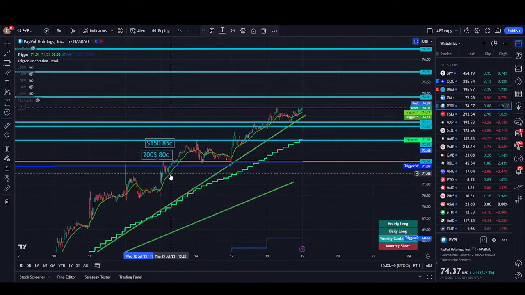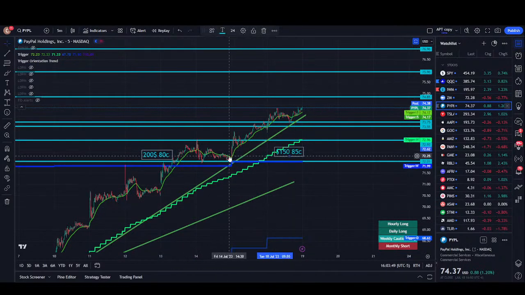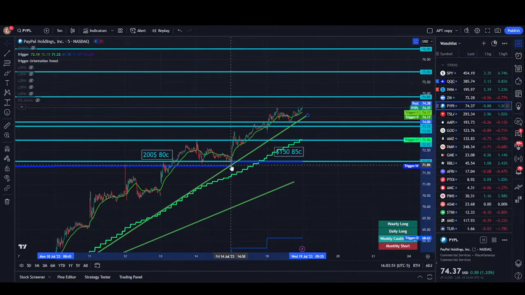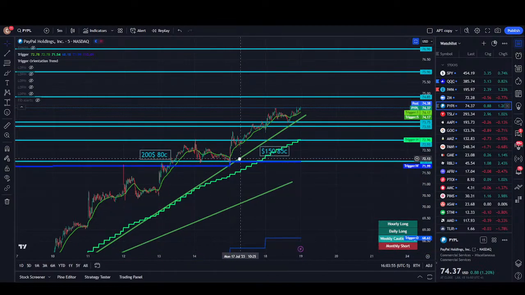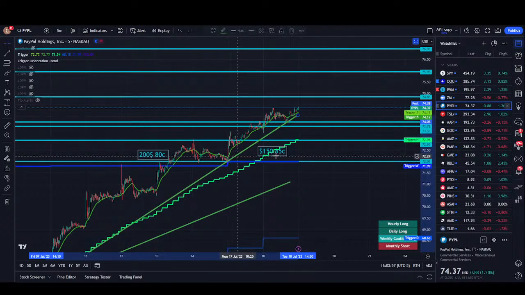Second option that can happen is that price breaks above the weekly trigger and just stagnates sideways until the hourly trigger crosses. If that happens, then let's just say this green line is where the hourly trigger crossed above and not here. As soon as the hourly trigger crosses above,